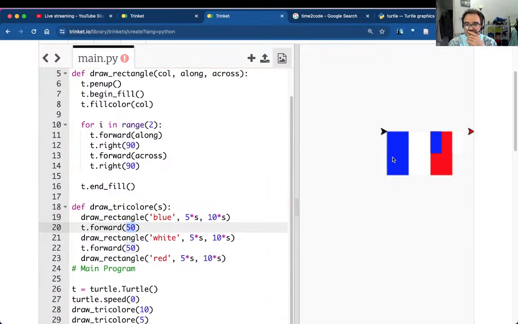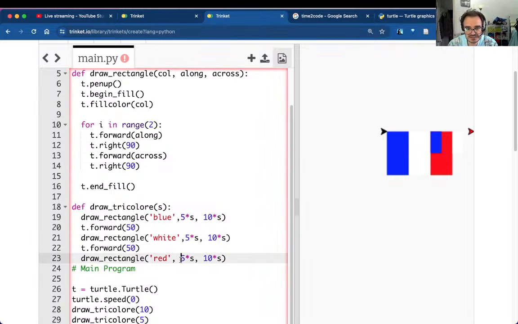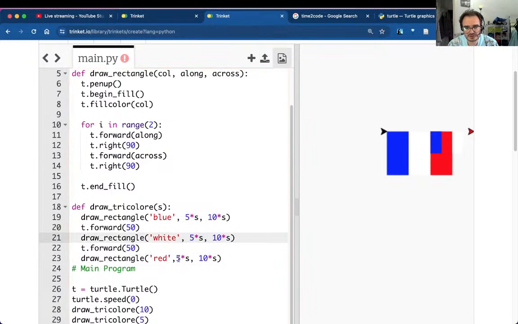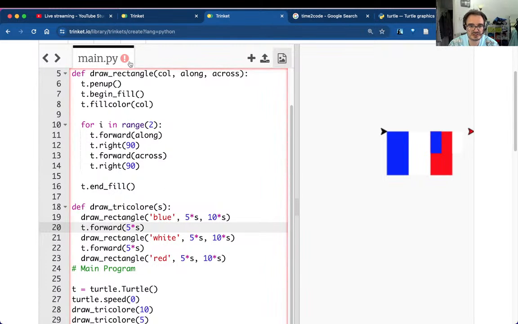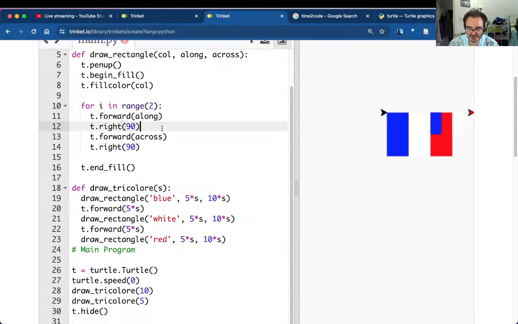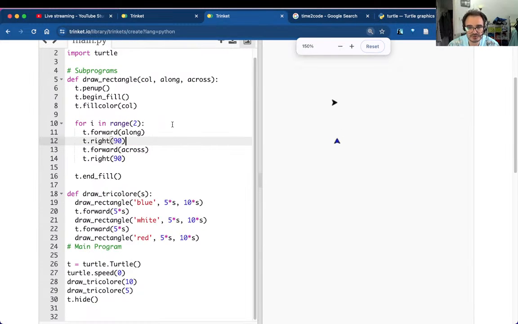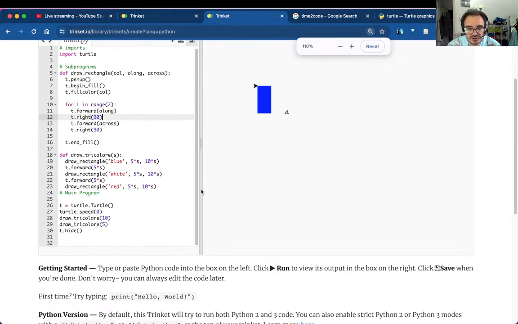Oh, yeah, I missed this because when I make it the smaller one, it still goes forward by 50. So in here again, I need to do a 5. Let me just tidy this up a bit. 5 times S. No, this was actually correct. So it might need to only go forward by 5 times the size. There's an exclamation mark that's not happy here. I don't really understand why, but with the amount of zoom in the window, I just like,